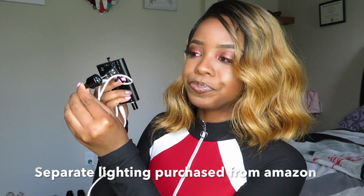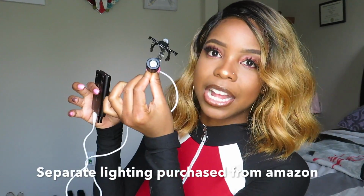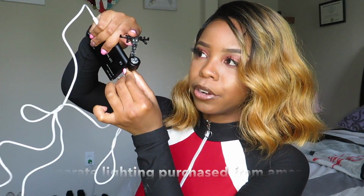It's a black protective case, and then it also has a small little protector for the actual loupes. Also comes with my loupes is the lighting for it. So when I was in dental hygiene school, that's when we purchased our loupes, and you have the option to purchase it with the light or without the light. I purchased it without the light. Should have purchased the light, but I had this light with it, and basically you just attach this piece to the top part of your loupes,